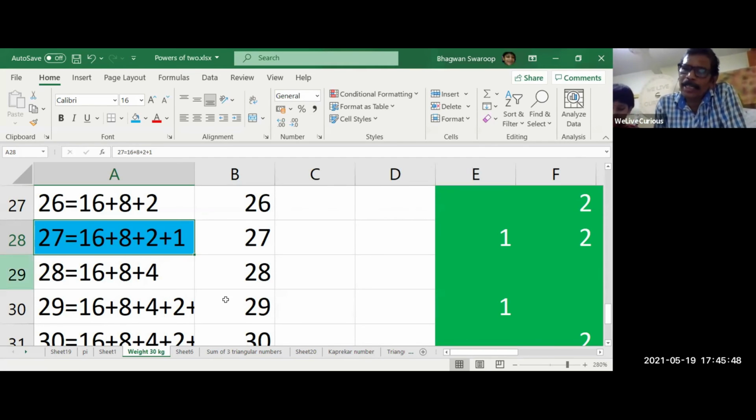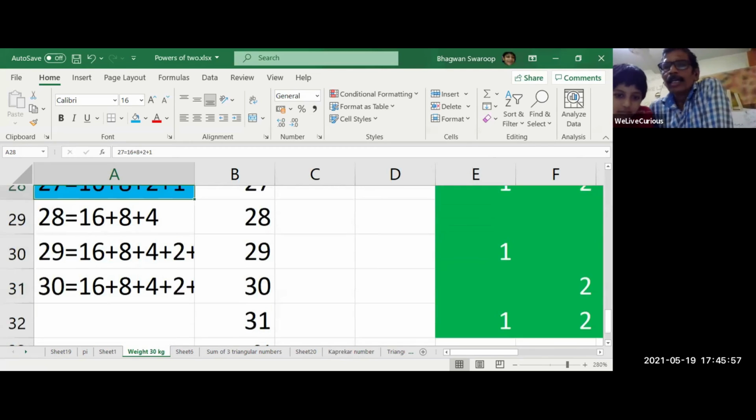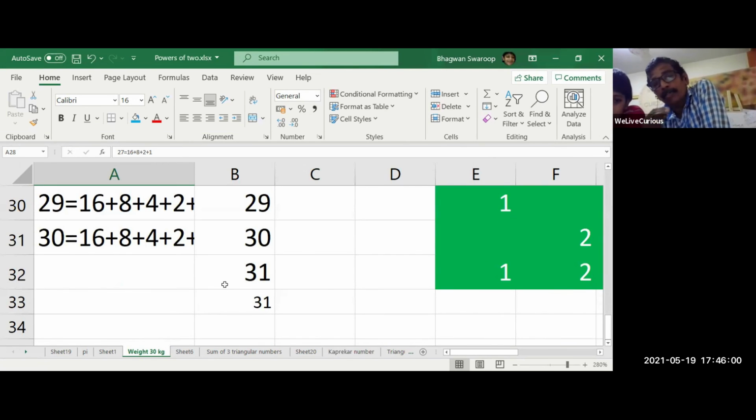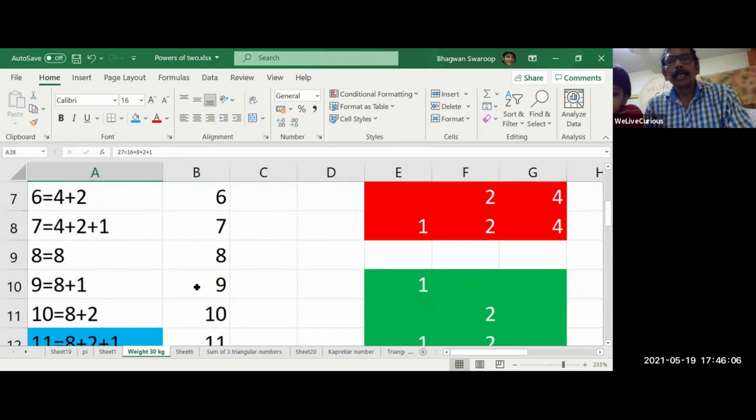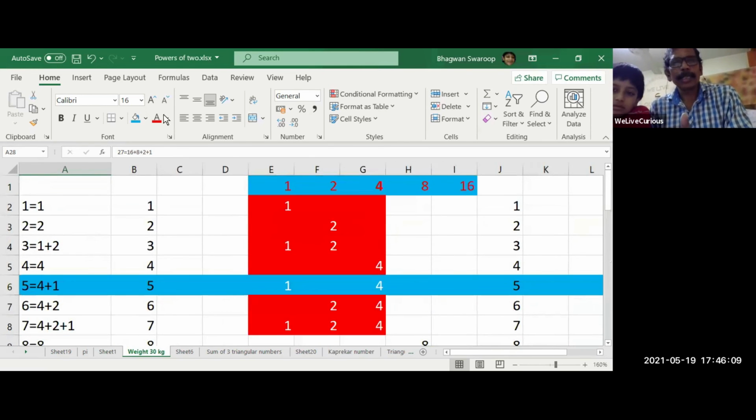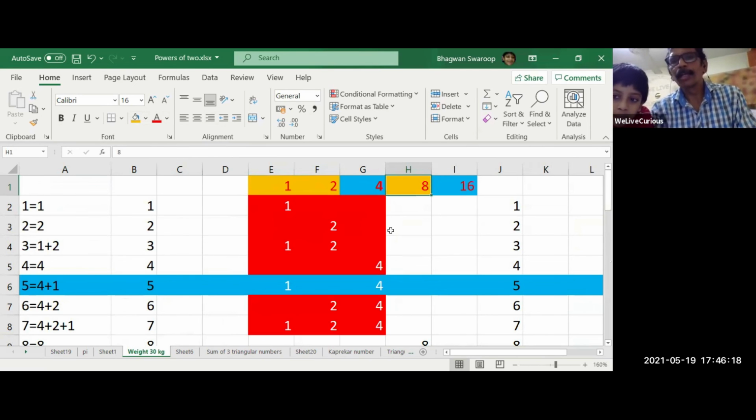So this way, try numbers up to 30. It will be very satisfying. And if you are stuck somewhere, you will be thinking, and then you will say, it is possible. And then, would you be interested in trying with more numbers? Like, see, what we took: number 1, number 2, 4 kg, 8 kg, and 16 kilograms.